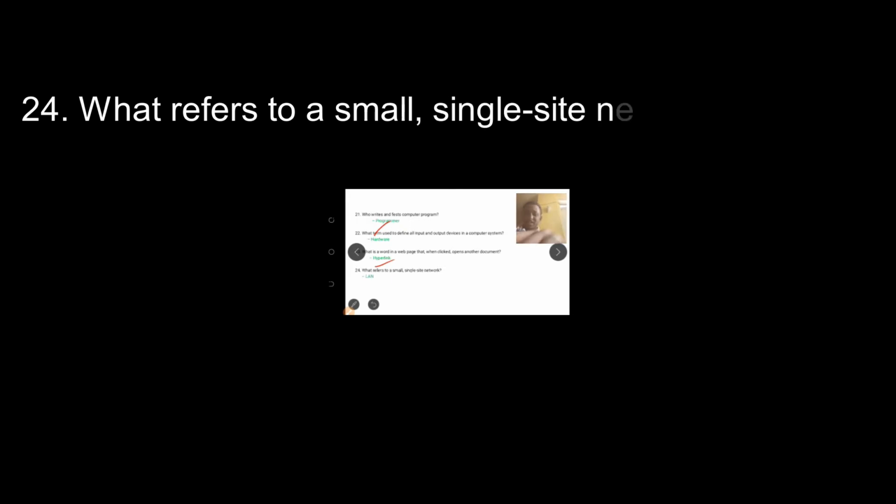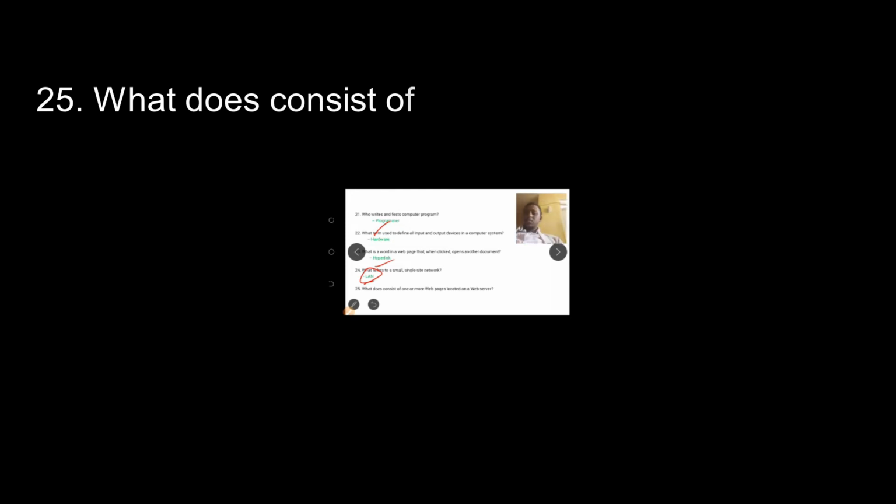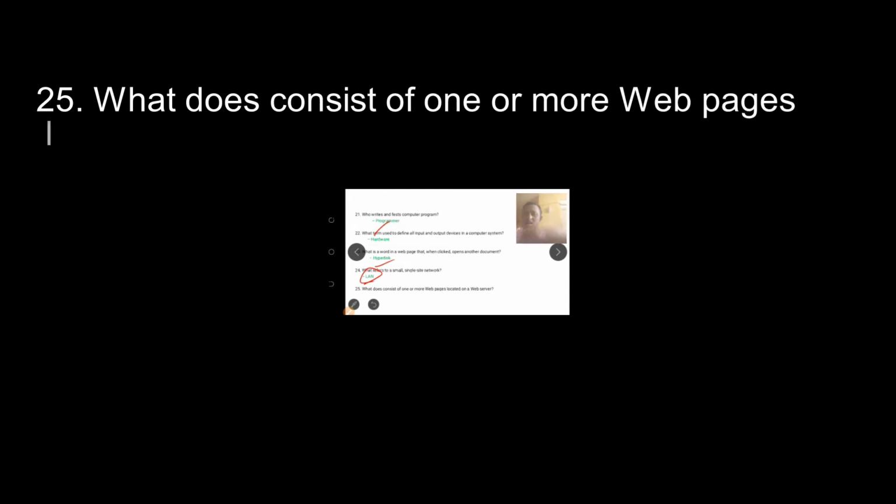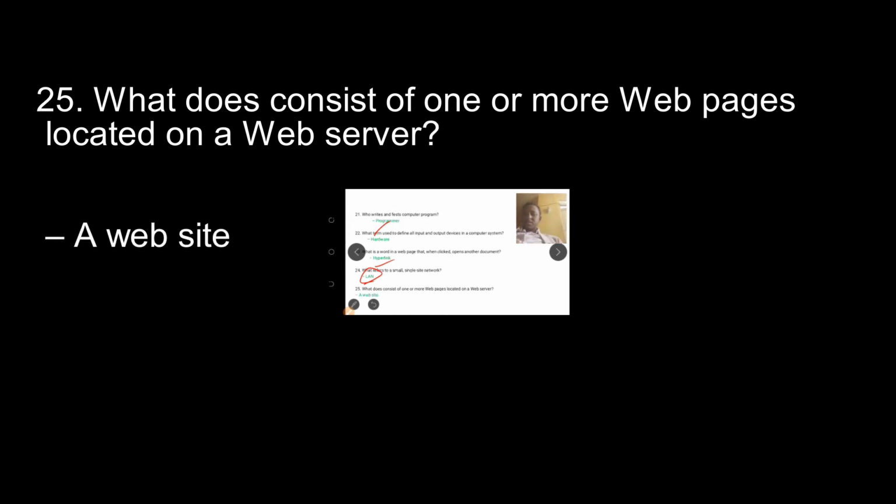ሃይፐርሊንክ እንለዋለን ማለት ነው። What refers to a small single site network? small single site network ከሆነ ላን ነው ማለት ነው። For one organization or an institution such. What does the consist of one or more web pages located in a web server? አንድ ዌብ ሰርቨር ላይ one or more web pageዎችን የሚይዝ ምን ይባላል ማለት ነው? ዌብ ሳይት እንለዋለን ማለት ነው። ሰብስክራይብ አድርጉት ለማለት ነው።